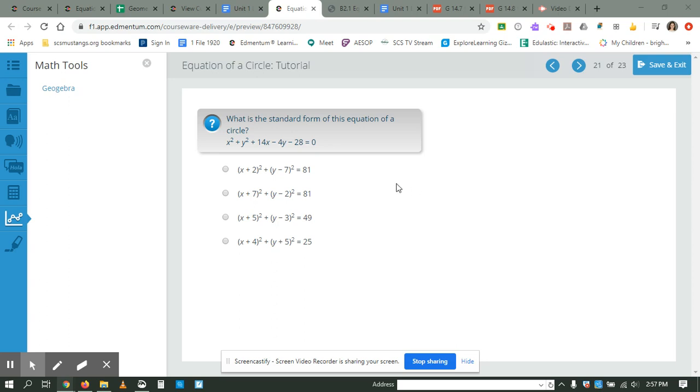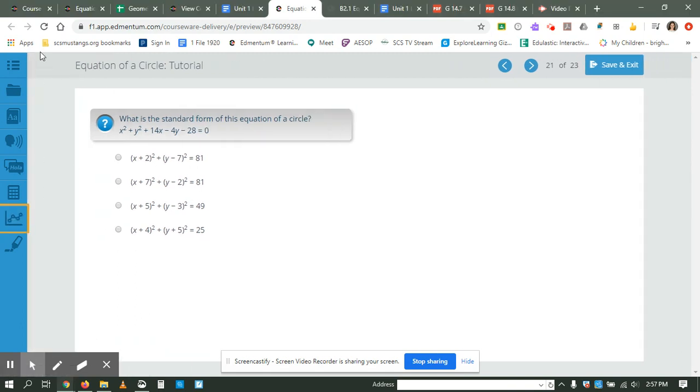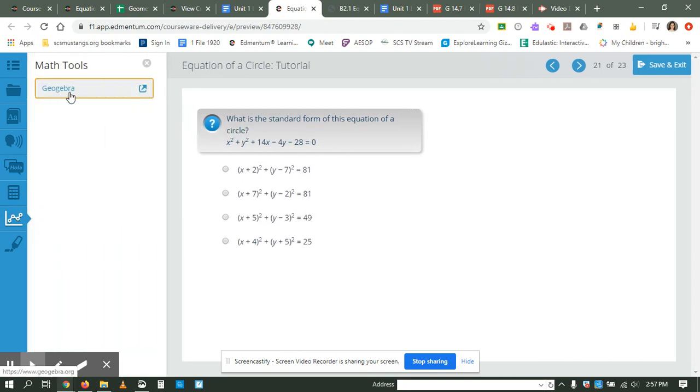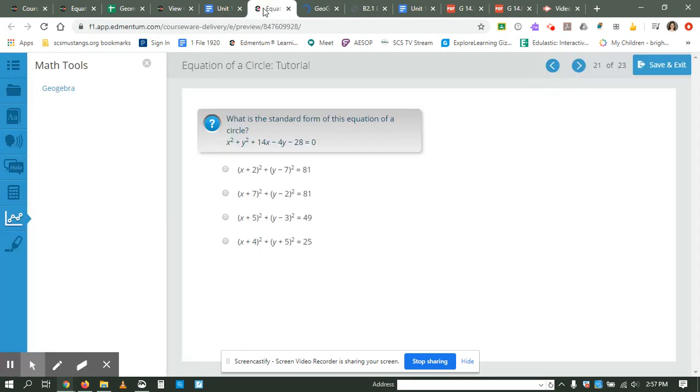Looking at the next slide, they've got some practice problems for you to be able to do. And remember with these, whenever you had these as your homework for the first day, when we came back that second day, we opened up GeoGebra together and worked them out. So if you go over here on the left side and you click this bar, this opens up GeoGebra. And with these, you can even copy paste them. So if I highlight just the information that we need